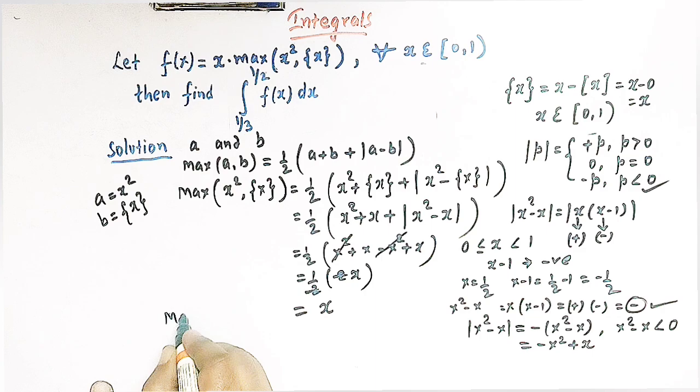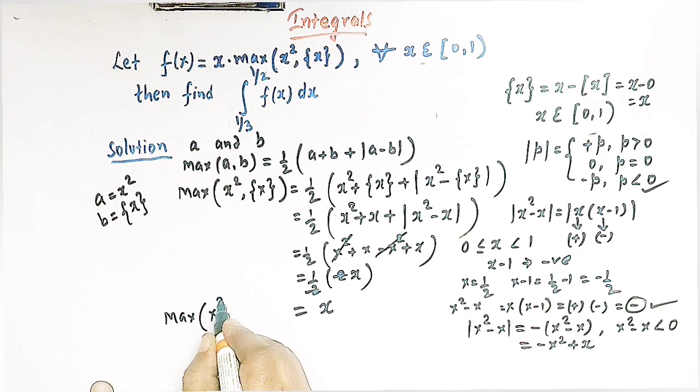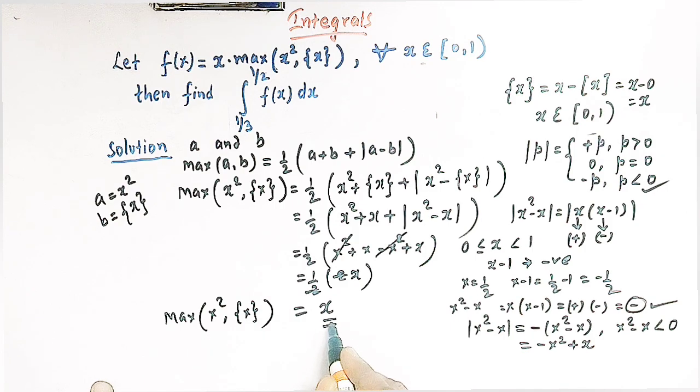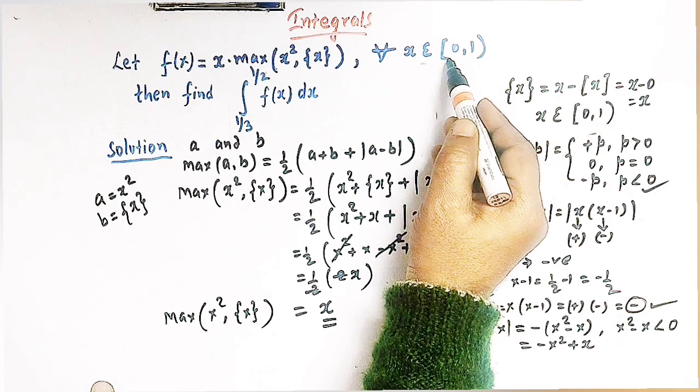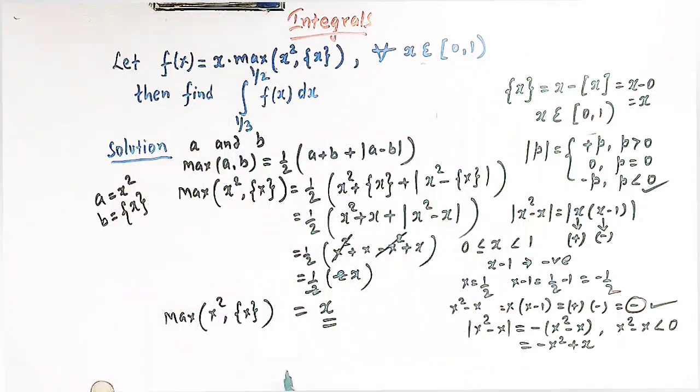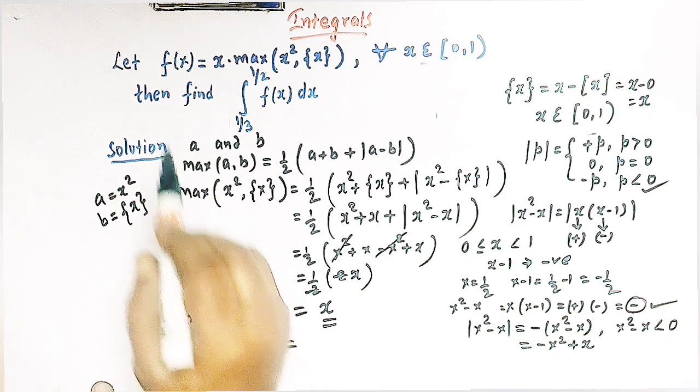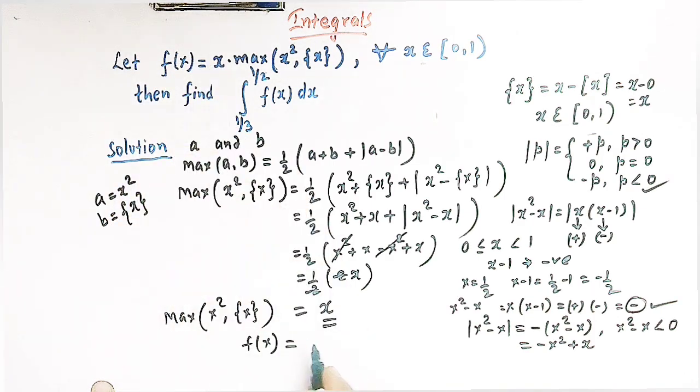So the maximum of x square and the fractional part of x is equal to x when x belongs to this interval, right? So now our function f of x can be modified as